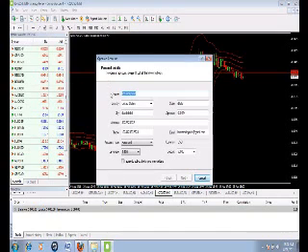Once you click on Open an Account, you have to fill in these details: your name, the country of residence, the phone number, email, and all that. Then once you click on I agree, you'll be taken to the next section, and I would advise you to have the amount here as 5,000. Don't put practice money that is unrealistic,